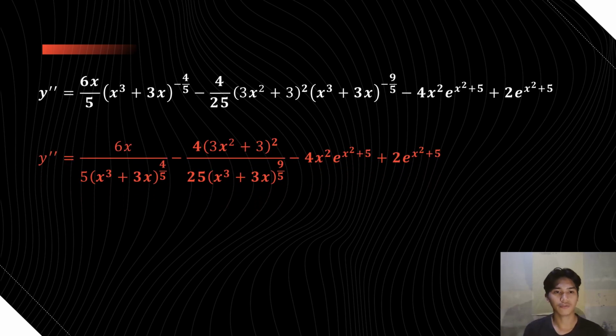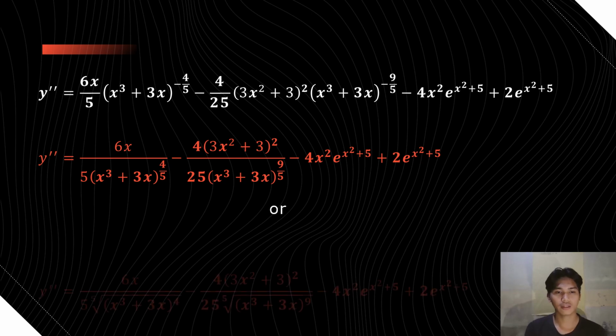Then our final answer is 6x over 5 times x cubed plus 3x raised to the power of negative 4/5 minus 4 times 3x squared plus 3 raised to the power of 2 over 25 times x cubed plus 3x raised to 9/5 minus 4x squared e raised to the power of x squared plus 5 plus 2e raised to x squared plus 5,